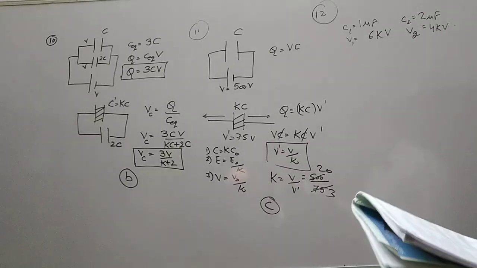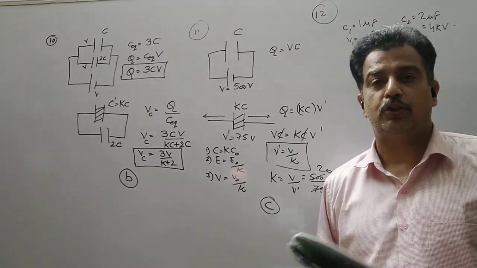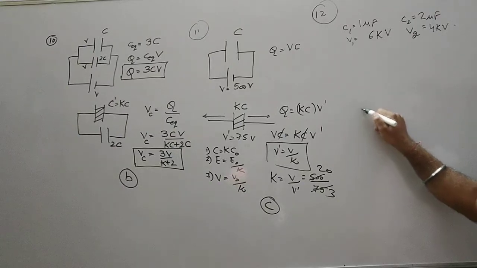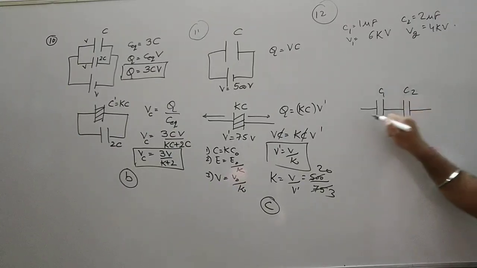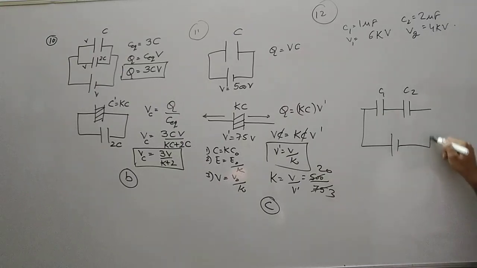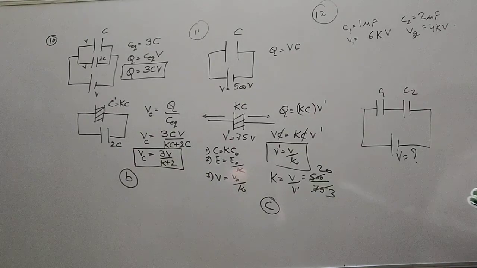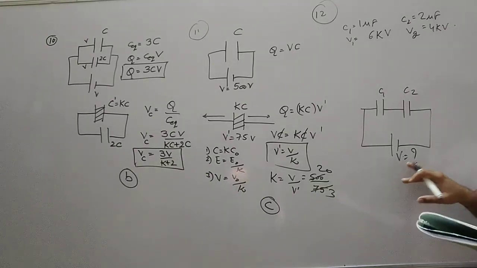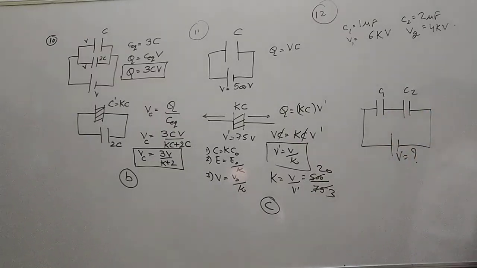Now if both the capacitors are connected in series, the system can withstand a maximum voltage of what? So now I have to connect this capacitor in series with a battery of V volt. So I have to find out what should be the battery that I should connect so that the capacitors are not damaged.